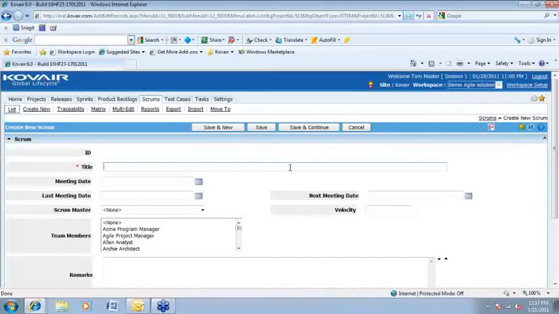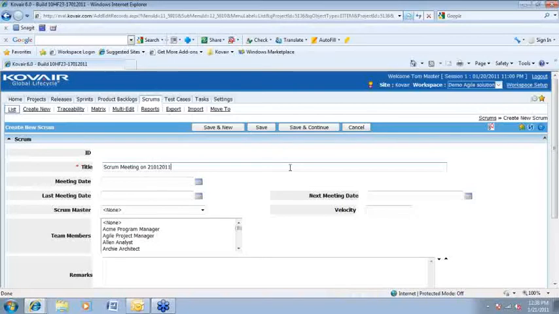Now in geographical locations, it's rare that all the members of the team are sitting in one single place to do a common meeting. If you are in different locations, a web-based application for tracking a Scrum can be really very helpful. So here you can see Tom is entering a Scrum record, let's say a Scrum meeting